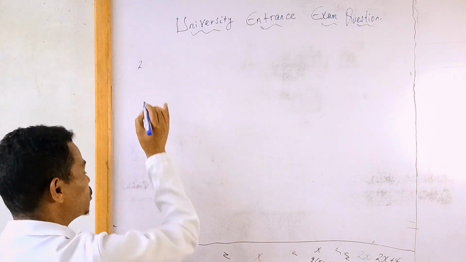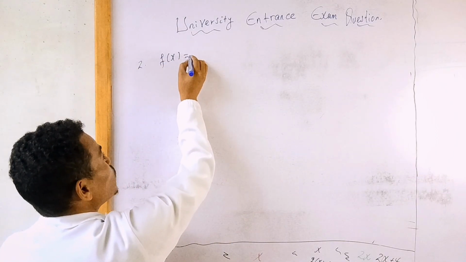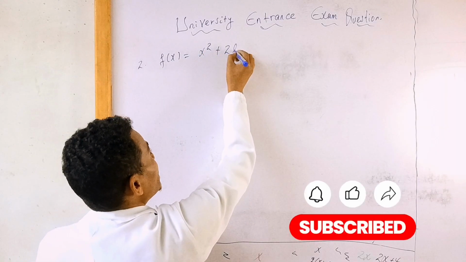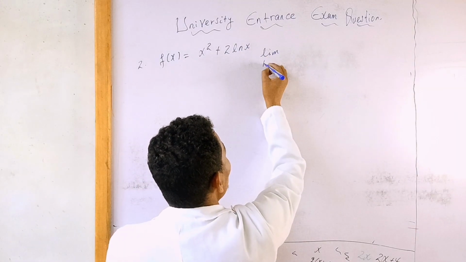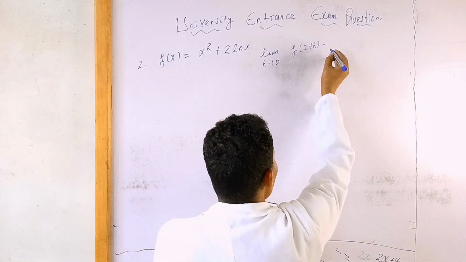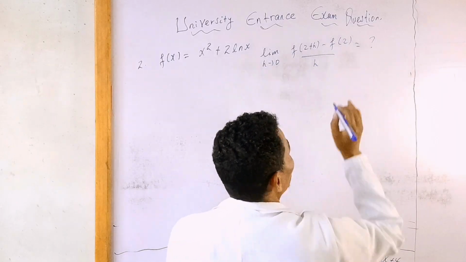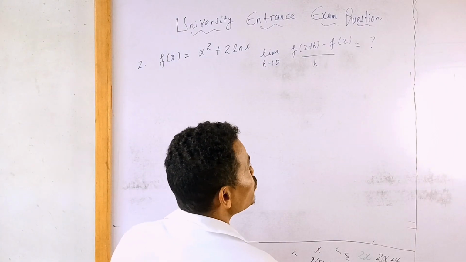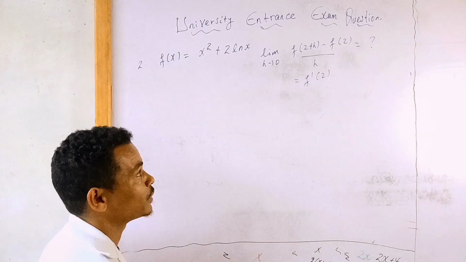Okay, question number 2. If f of x is equal to x square plus 2 ln x ከሆነ, then limit h approach to 0 of f of 2 plus h minus f of 2 over h is equal to, right. In this case we know limit h approach to 0 of f of 2 plus h minus f of 2 over h is the same with f derivative at 2 መፈለግ ማለት ነው።